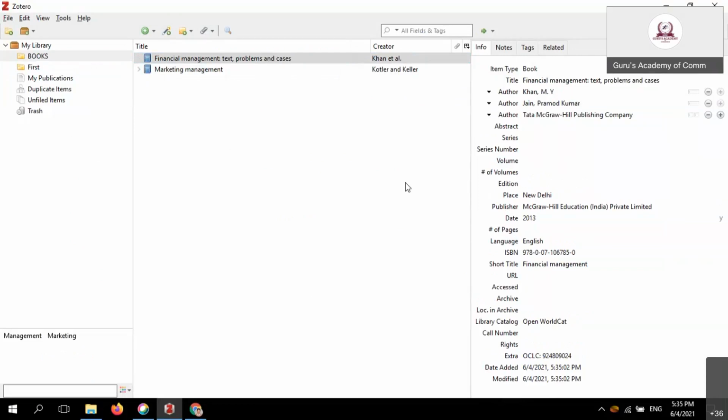Okay, Financial Management: Text, Problems and Cases, Khan et al. All this detail is simply entered. The first process is completed.